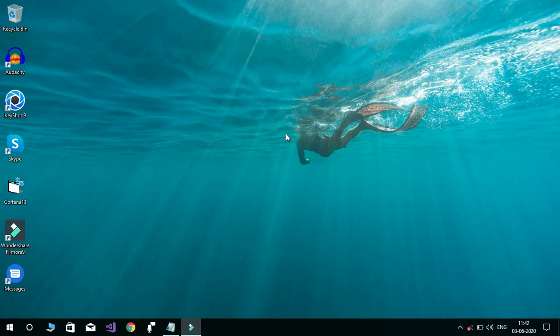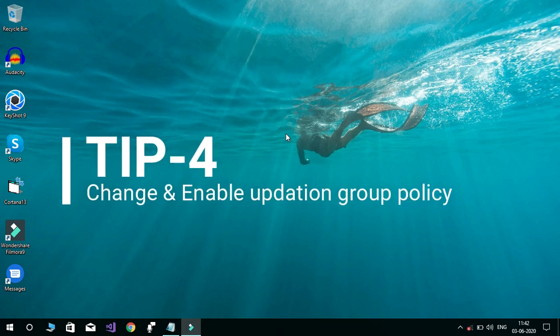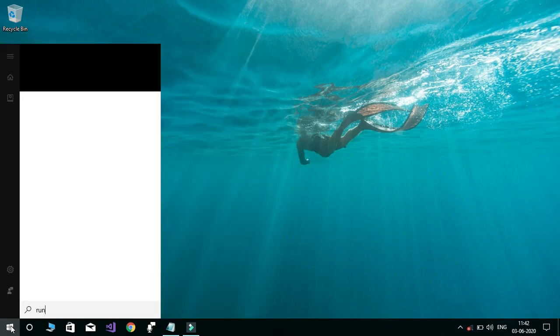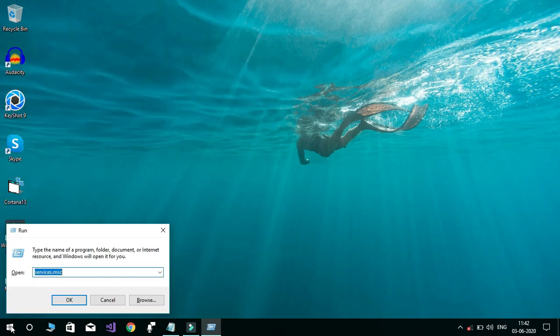Now it's time for tip number 4. Tip number 4 is all about editing your operating system's policy. There are some policies that are responsible for the notification as well as for the installation and downloads of the updates. So what you need to do is go to your start menu, type run, hit enter, and type